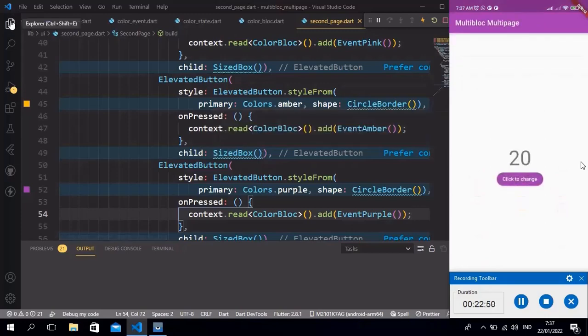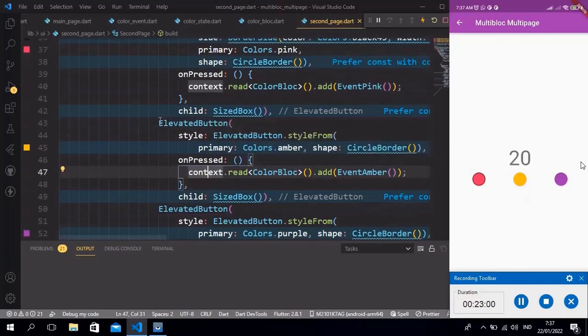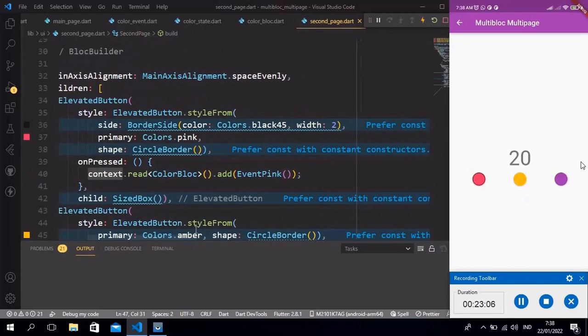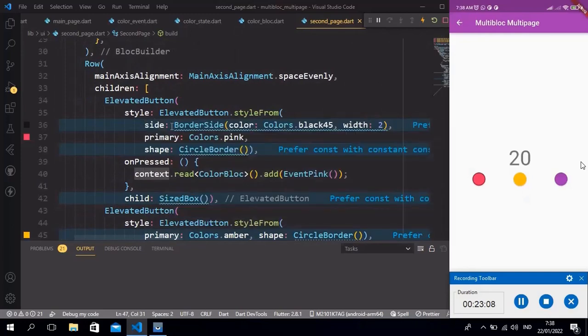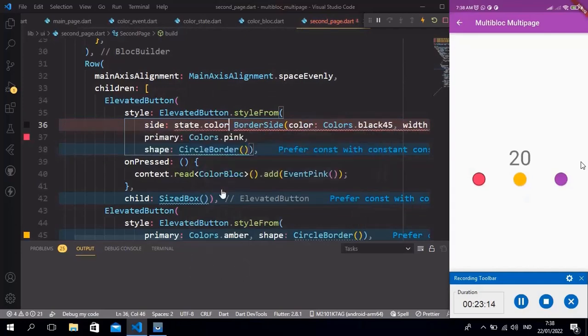Okay. And last but not least, we need to set the border.